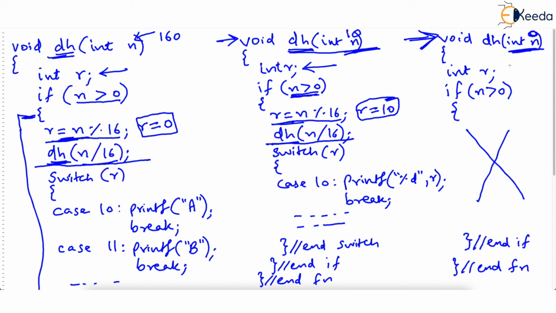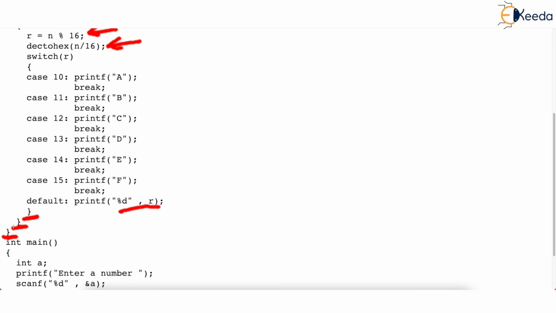When this function starts, r is declared as a local variable, but this if is false. The condition is false. The current value of n is 0. 0 greater than 0 is false. So the entire if portion will be skipped. It won't be executed. You watch that the control will come out of if without executing anything, and the function will end. This is the end of if, this entire if will not run and the function ends.